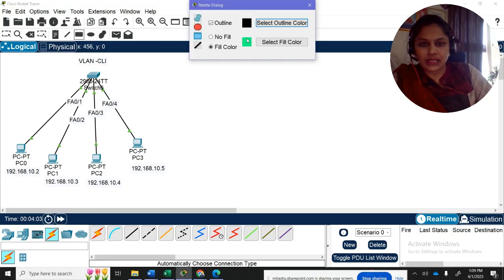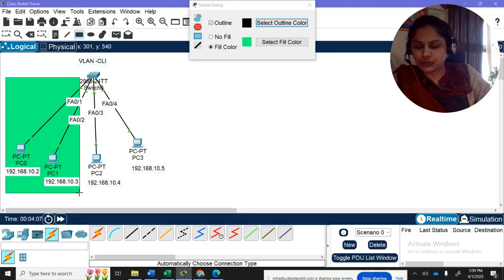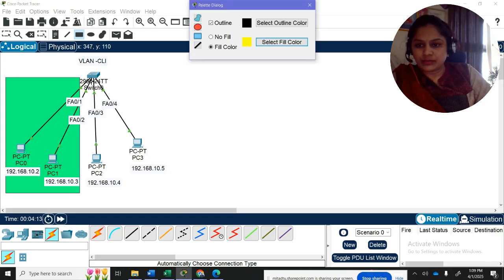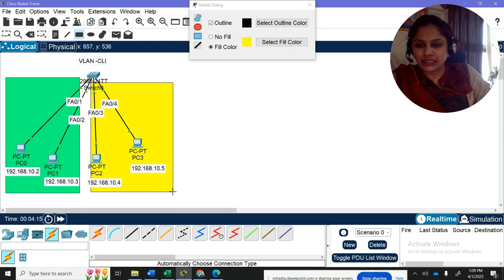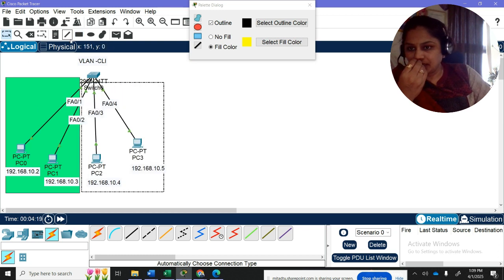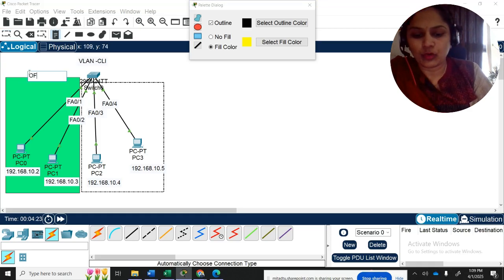For example, I want to partition these 2 PCs as my office network, and I partition the remaining 2 PCs as my daily use network. So these are the 2 partitions, and I want to give the name to this partition as office PCs, and these are the home PCs.